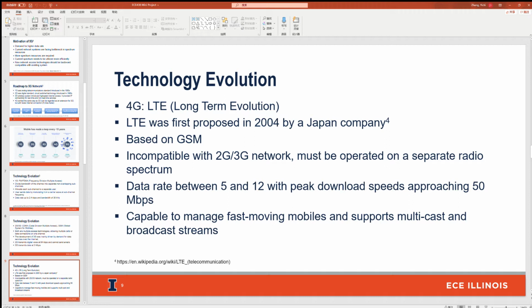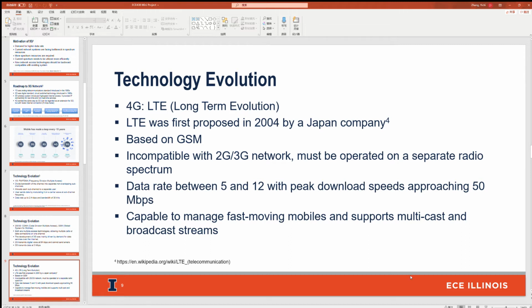core network improvements. The LTE wireless interface is incompatible with 2G and 3G networks, so it must be operated on a separate radio spectrum. 4G LTE network is available to handle download speed between 5 and 12 megabits per second and upload speed between 2 and 5 megabits per second, with peak download speed approaching 50 megabits per second. LTE has the ability to manage fast-moving mobiles and support multicast and broadcast streams. LTE supports scalable carrier bandwidth from 1.4 MHz to 20 MHz and supports both frequency division duplex and time division